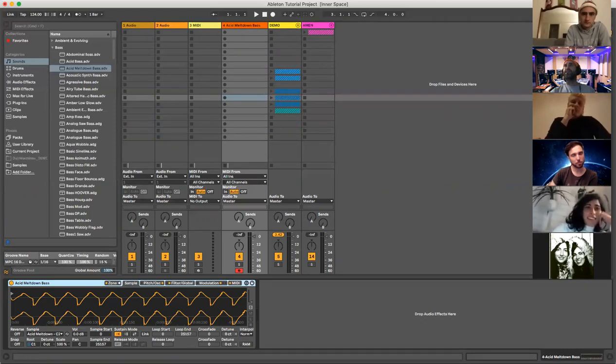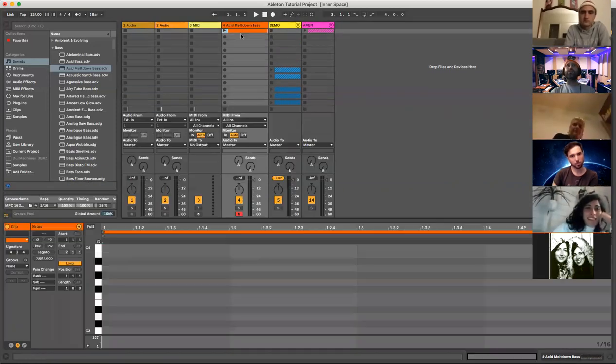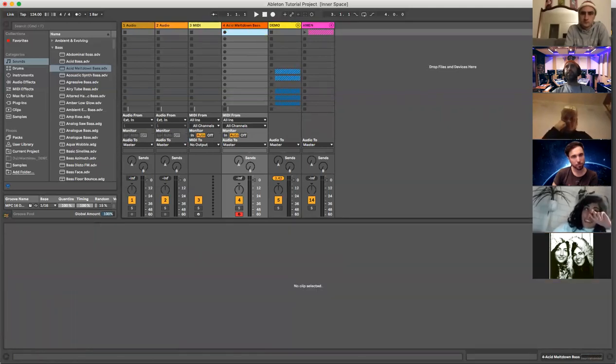You can see here that little pencil I was talking about, where you can just draw in the notes. But I'm going to embarrass myself and try and play something on the little keyboard using my computer keyboard. If I hit this little keyboard button at the top, it activates my computer's keyboard. If you don't have an external MIDI controller, you can still play the piano like this. I think the notes are A, W, S, E, D, R, F, G. So if I play those,